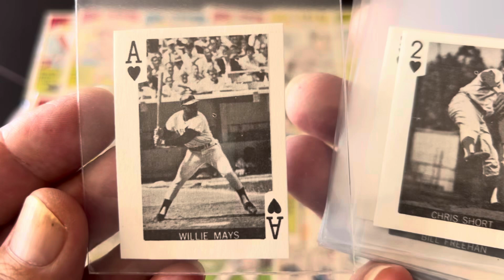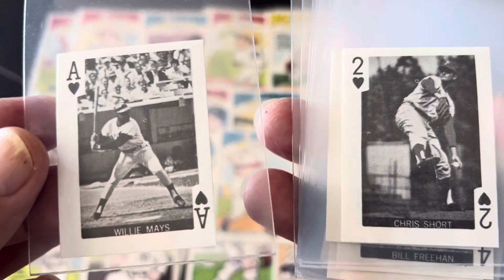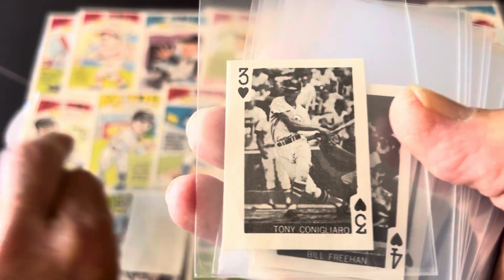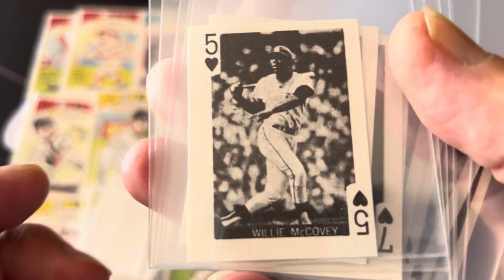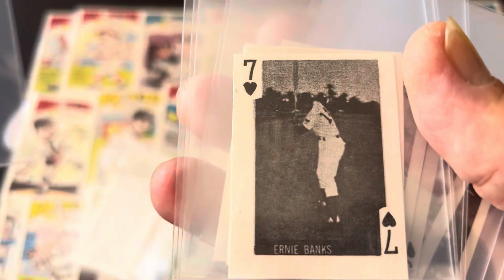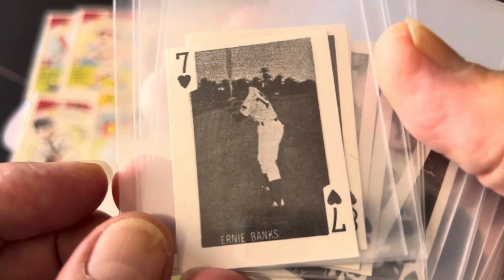There's the Willie Mays. He's the ace of hearts. Again, they're blank backed. They're almost like paper thin cards, and they're from 1969. Chris Short, Tony Conigliaro. What I like is it's got nice action pictures, you know. Willie McCovey, Joe Horlen. There's Ernie Banks. I mean, not the best pictures around, but, you know, it's still